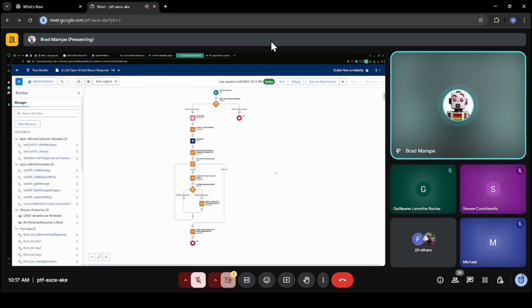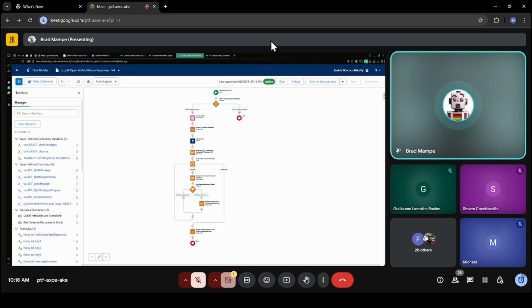Here is the actual subflow itself, and it looks a lot more daunting than it is because we have to use flow to prepare the outgoing request to ChatGPT, as well as take that response back and parse it. So we're going through things here that, regardless of how it looks, are more unwieldy here than in Apex.